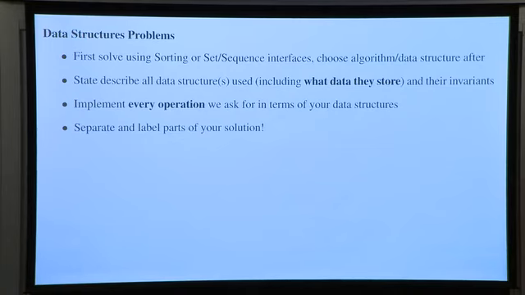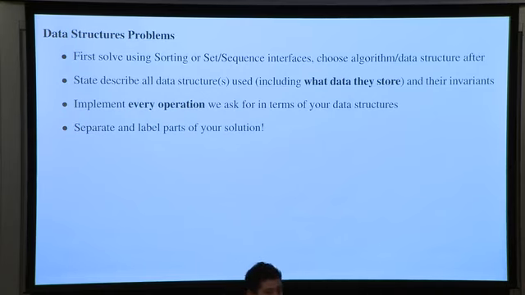All right, so now we get to any questions on that? Yeah. Just a question about the invariants. So for the data structures that we've discussed in the past, do we still need to say what the invariants are, like for the set AVL tree? Right, so if it's the standard things, we're going to talk about what the standard things are now.